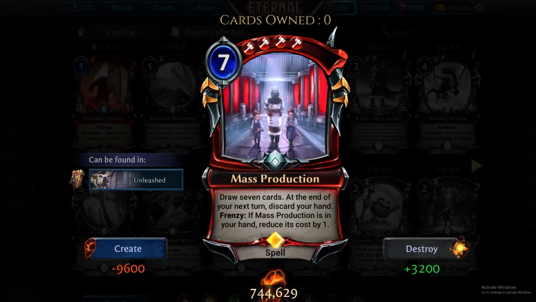I don't think this is a good build-around. Like, I don't know, unless there's something in the format that triggers when you draw extra cards, I don't really think so. There is, but it's like Primal or Elysian, so...